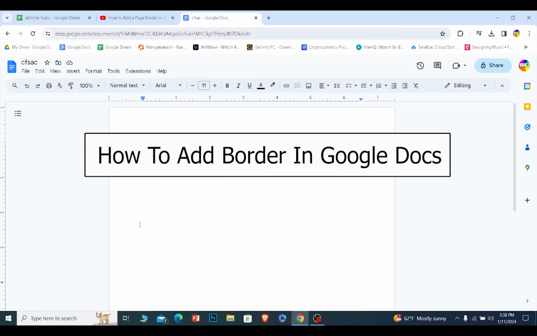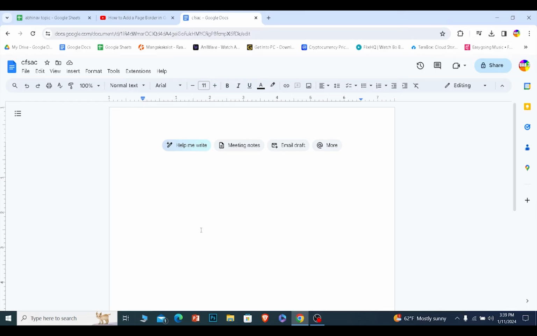Today I'll teach you guys how you can add borders on your Google Doc. Now it's pretty simple. Since Google Docs doesn't allow you to add borders, we need to do it custom